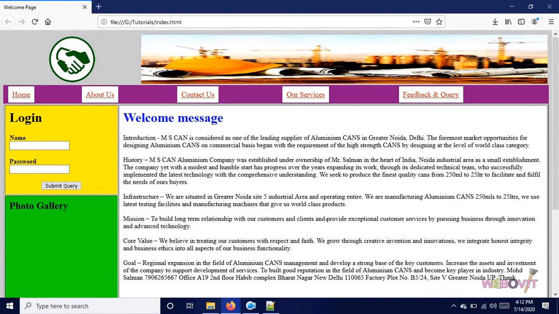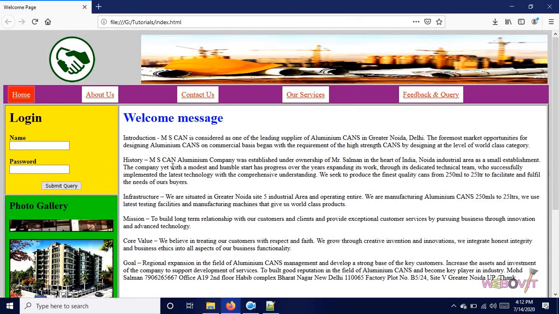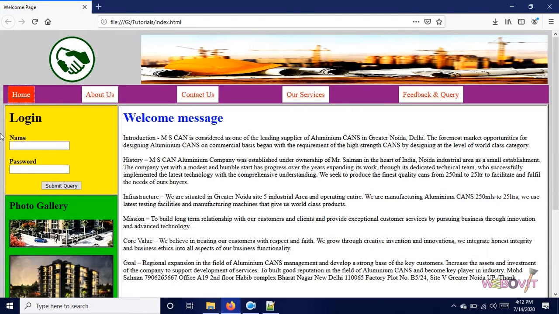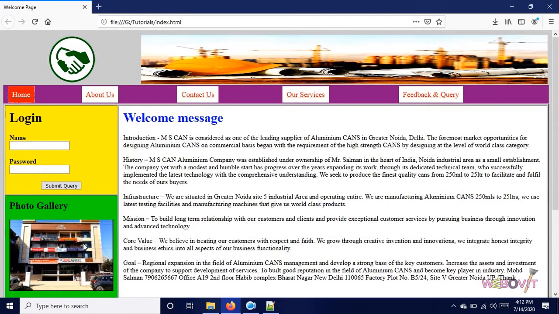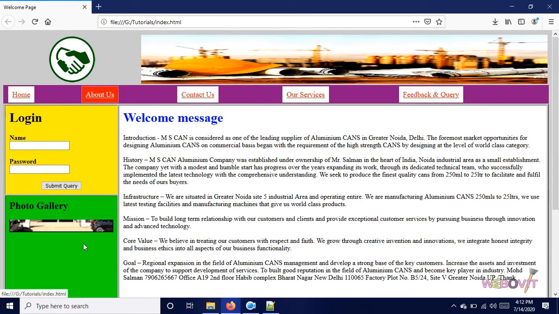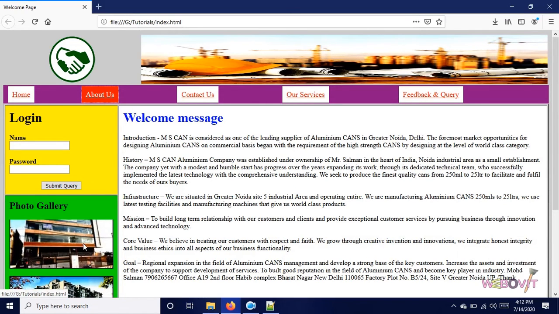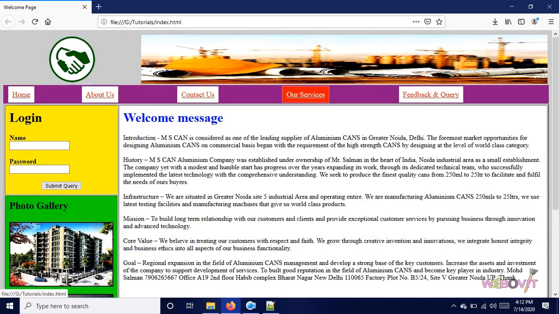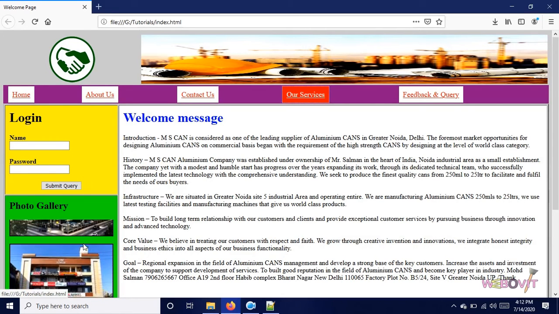If I click this one and press tab, see, now this one is selected, and using tab we are getting little dotted marks, which means through tab this one is selected and the style is the same as hover. If I press tab, then another link gets selected and the style is the same as hover. Again I press tab, then another link. We can navigate through the tab key as well.